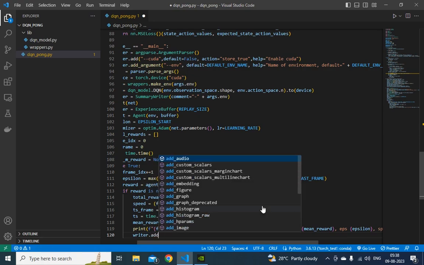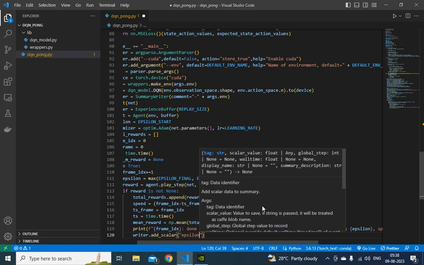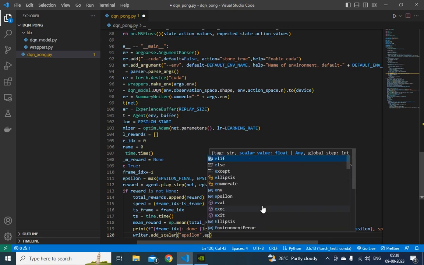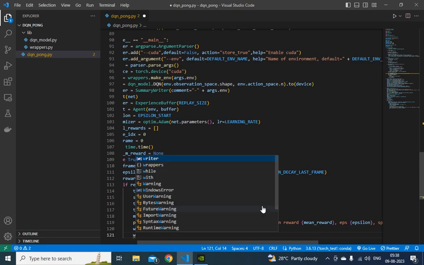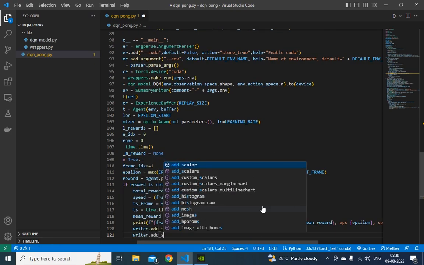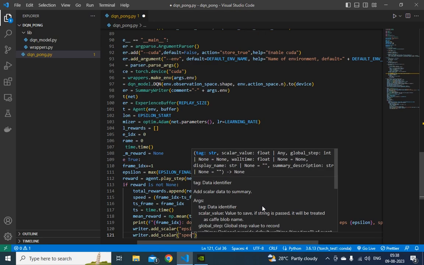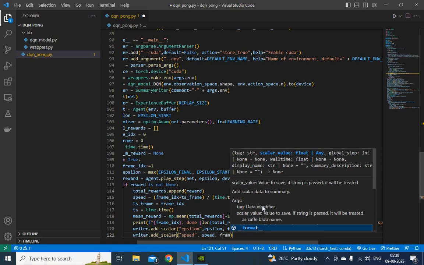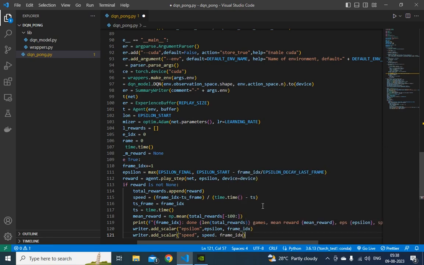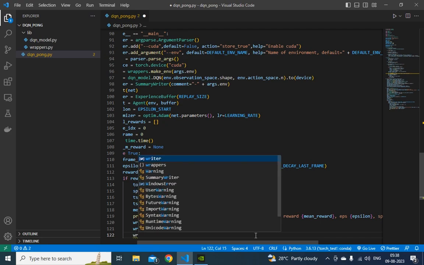Writer add scalar epsilon, frame index, writer add scalar speed, its frame index first of all. Okay, so done. And again one for the reward,